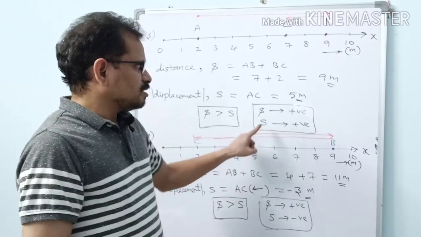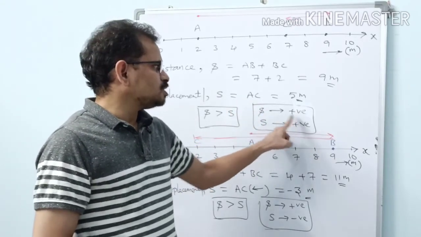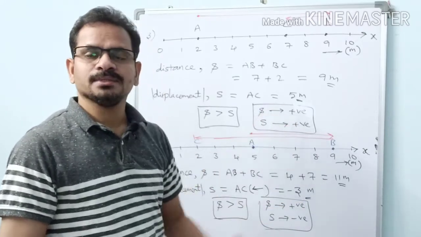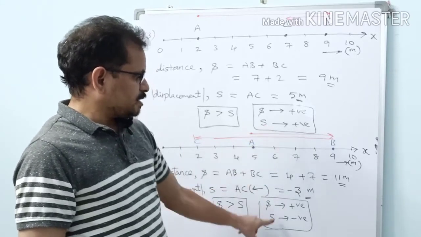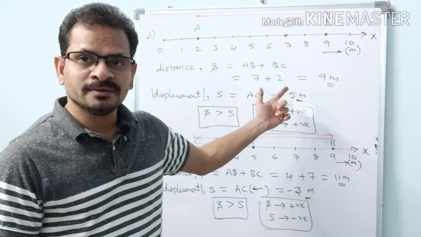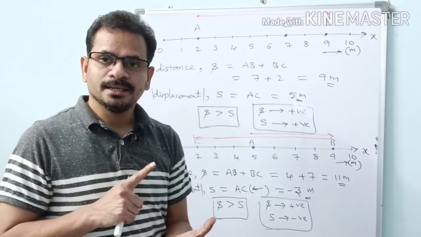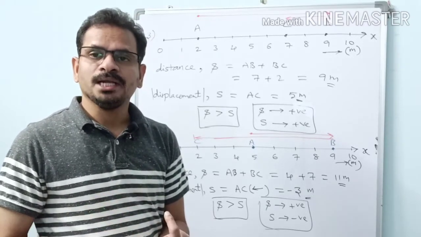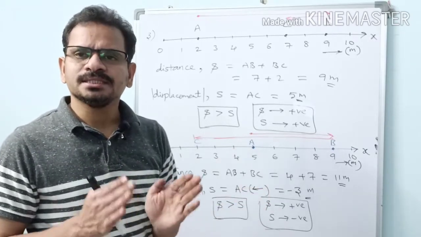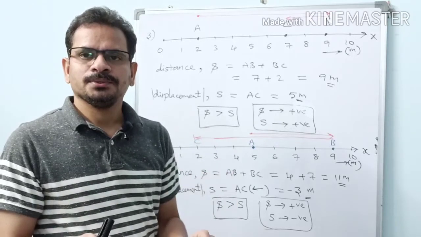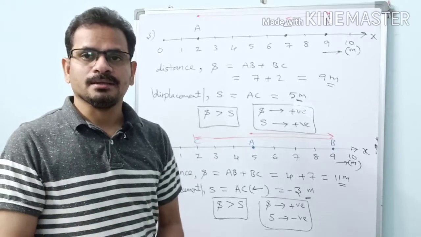Okay, next one: what about positive, negative and zero values? Distance is positive. In previous examples also distance was positive. In this case displacement is positive, here we got a negative value, and in the previous problem displacement was 0. So there are 3 possibilities for displacement: it can have a positive value, 0 value or negative value. Distance can have only a positive value because distance deals with only magnitude. It is the length of the actual path, nothing to bother about direction.